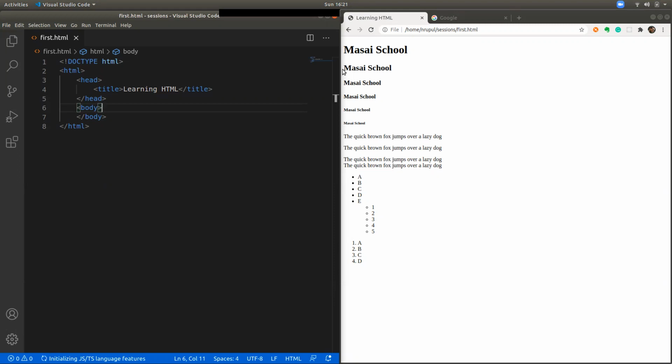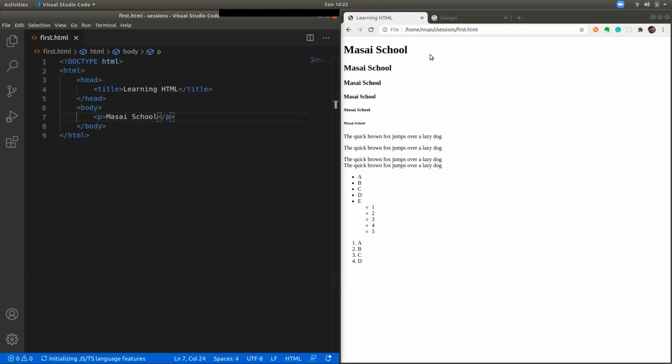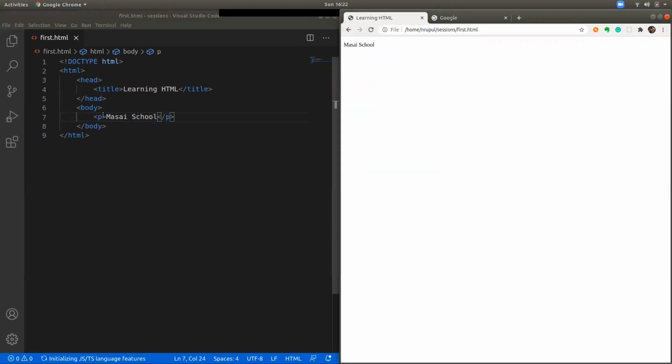Let's say you want to add an attribute. It's a dummy attribute, it's not real. So let's say you want to add some key and value. I'm just showing you the syntax for how to write the attribute. This is a typical P element, which is Masai schools. Now, if you want to add an attribute to it, after the tag name you put a space before the closing angle bracket, and you put whatever key you want, then an equal sign, and in quotations put the value.